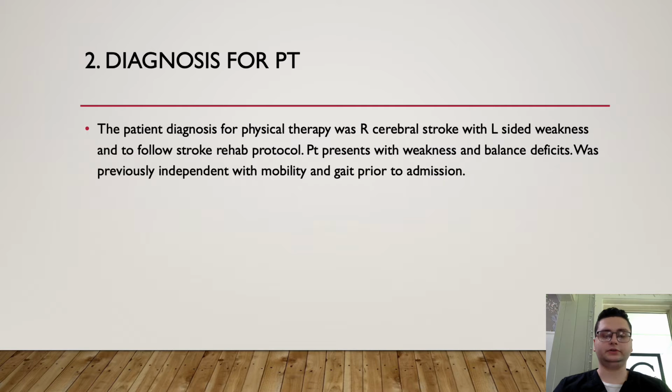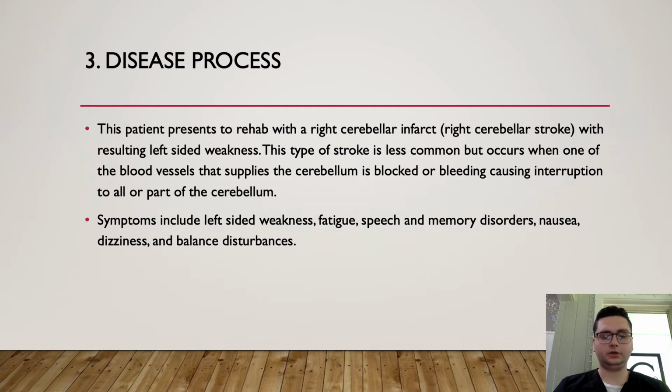So the diagnosis that physical therapy received was that the patient did in fact have a right cerebral stroke with left-sided weakness, and to follow stroke rehab protocol. So the patient presented with weakness and balance deficits, and they were previously independent with their mobility and gait prior to admission. So the disease process, this patient presented to rehab with a right cerebellar stroke, which resulted in left-sided